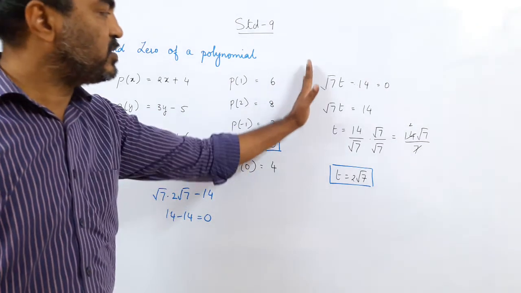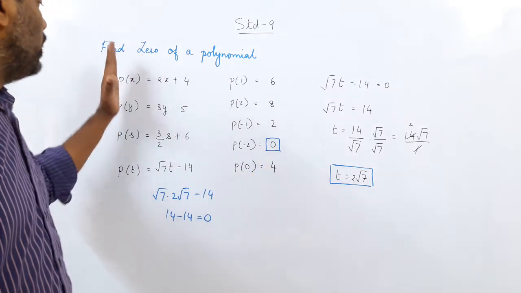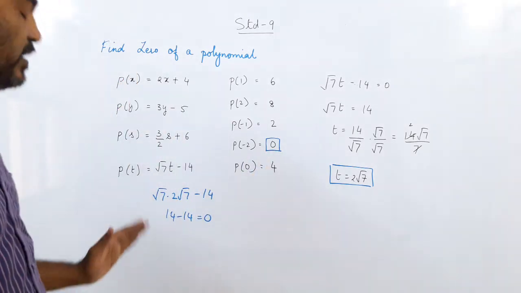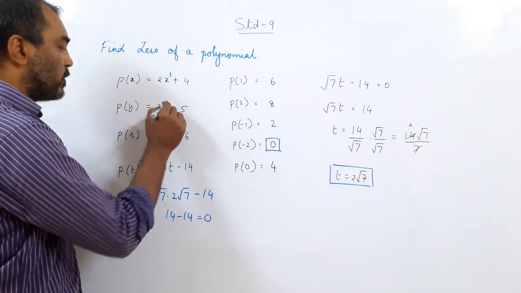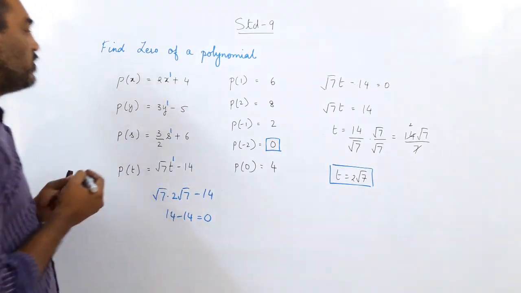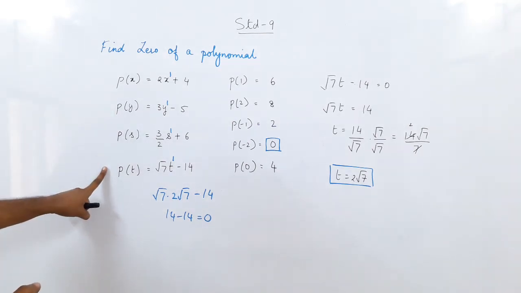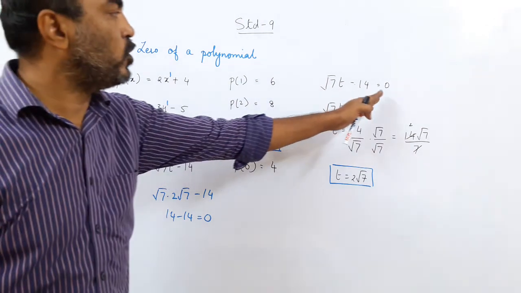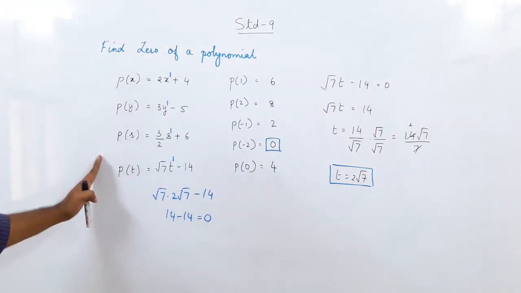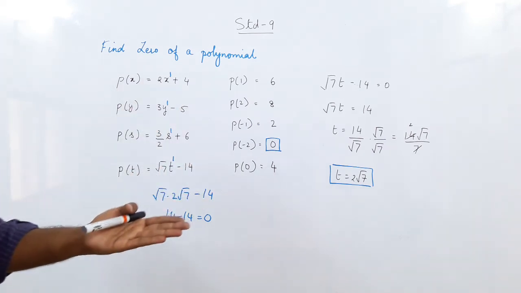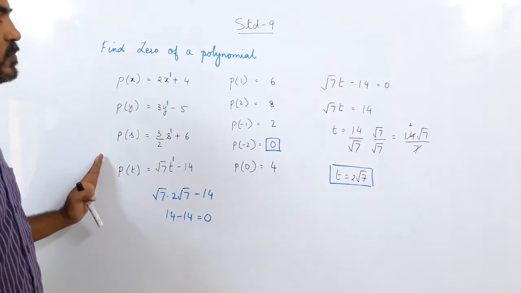And then this is the last thing we did today, the direct method to find out the 0 of a linear polynomial. Now why is it a linear polynomial? First you see, the variable has got a power 1 only. Because the variable has got a power 1, these are called linear polynomials, right? So the easiest method is to take the polynomial equal to 0 and find out the value. So today we are only dealing with linear polynomials. In future we will take the quadratic, the cubic, but just now make sure you do this.